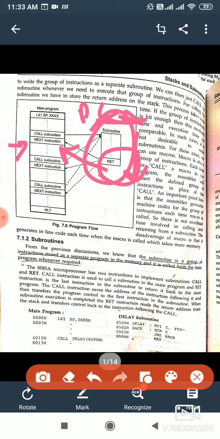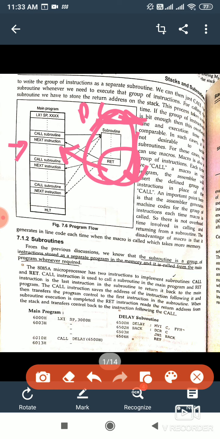An important point to be noted here: the assembler generates machine codes for the group of instructions each time the macro is called. So the overhead time involved in calling and returning back to the subroutine is avoided. Hence we can use a macro over a subroutine.